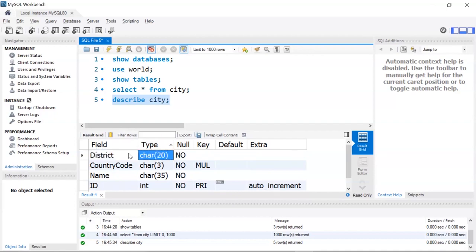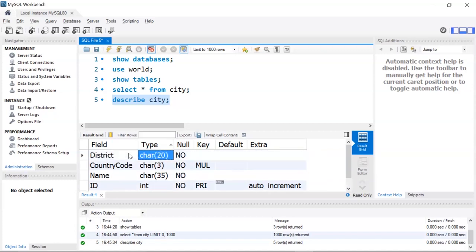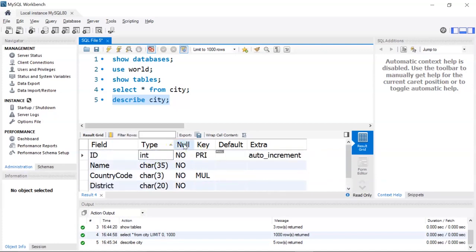District is char 20, ID is an integer, population is also an integer. Null says yes or no, which means if no, then there are no null values. If it's yes, there are null values in your table. Key here represents whether you have any primary key or foreign key, and these are some extra information.